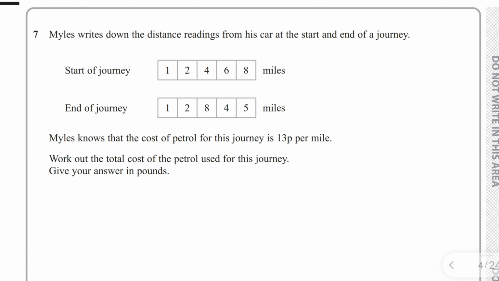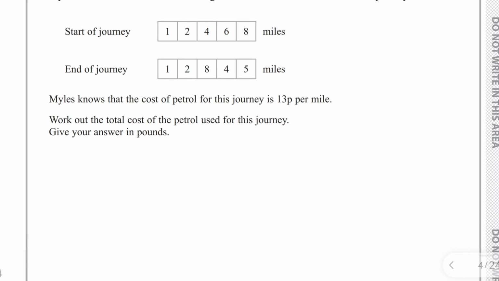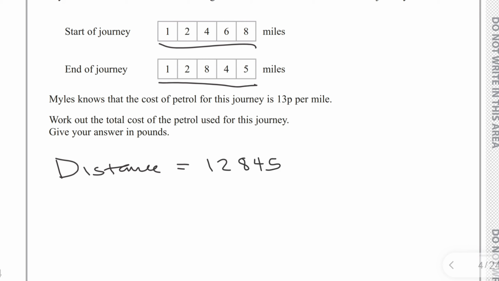Question 7. Miles writes down the distance readings from his car at the start and end of a journey. The start is 12,468 miles and the end is 12,845 miles. First of all, we have to calculate the difference between them to understand how far he has traveled. So the total distance traveled is going to be 12,845, which is the end of the journey, minus 12,468, which is the start of the journey. And using our calculator,